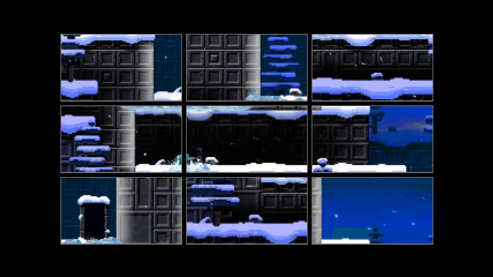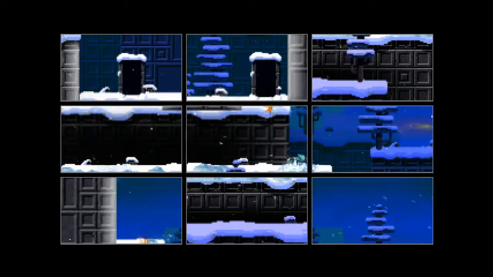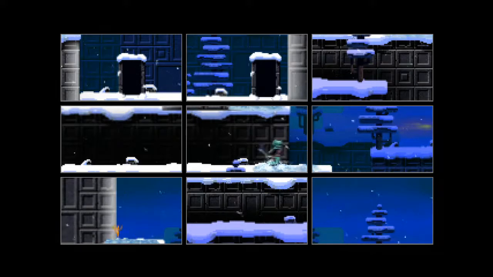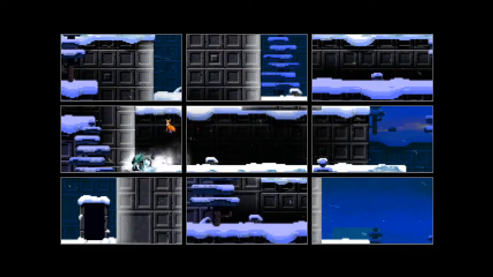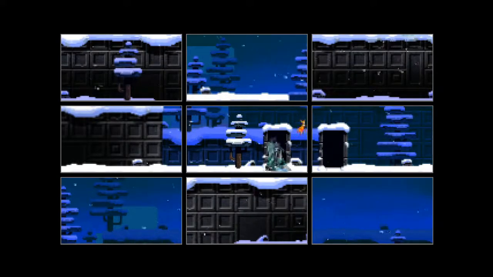That was apparently not the way. Can I drop down? Yes, I can. I wasn't up here though. Is there something up here? No. I'm really bad at this game. Oh, this is so bad. This is so bad. Okay,